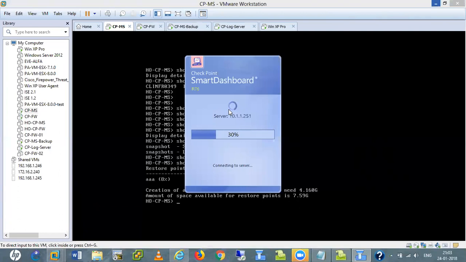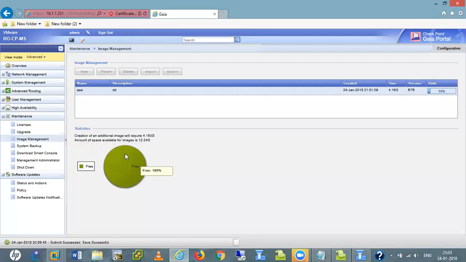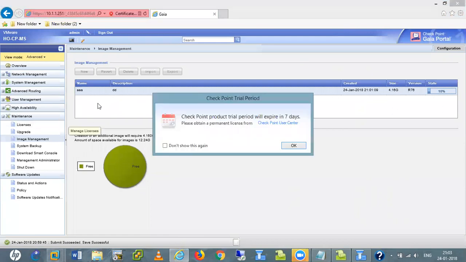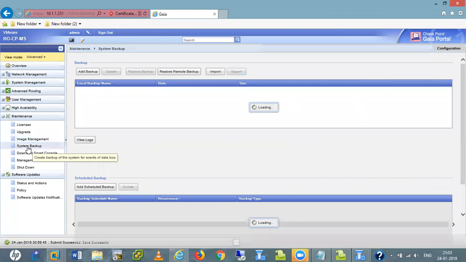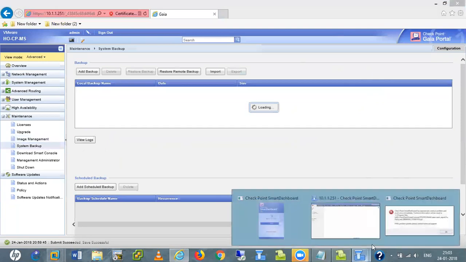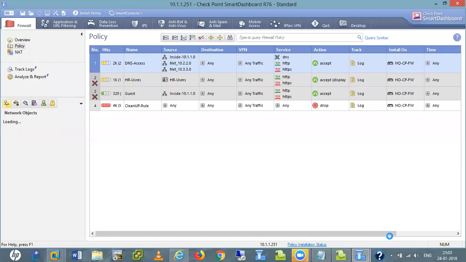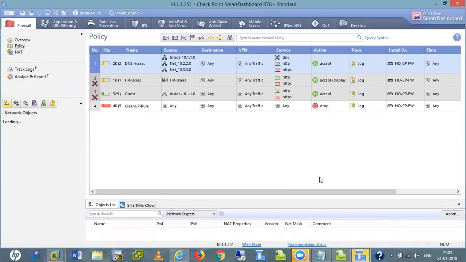We can also schedule these backups, and lots of things we have. In this backup we don't have any scheduling because it's a very big backup. Generally we take the system backup. This is the best way to do the backup. We'll have some issues with checkpoint.